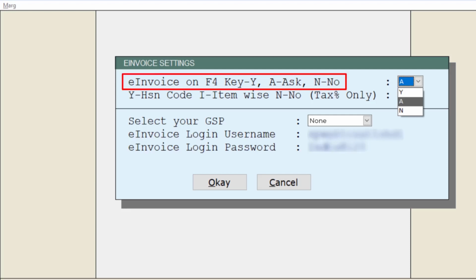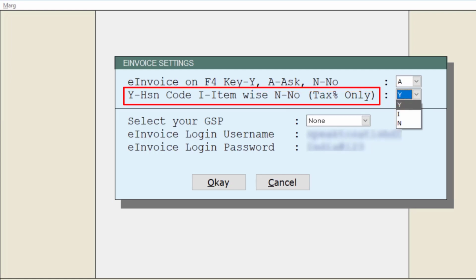Here, we will set this e-invoice field on F4 key: Y, A for ask and N for no. We will set it to A. This means that whenever you generate the invoice, the software will ask you whether you need to upload your e-invoice on the portal or not.